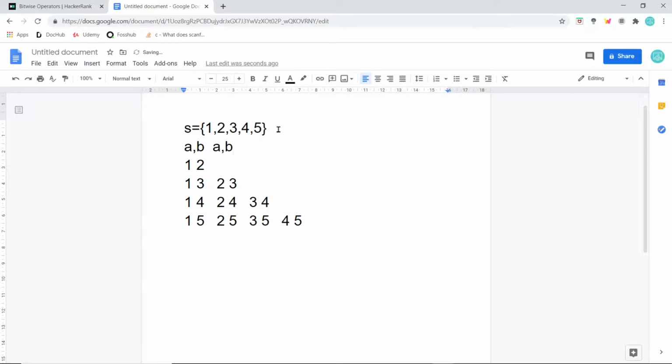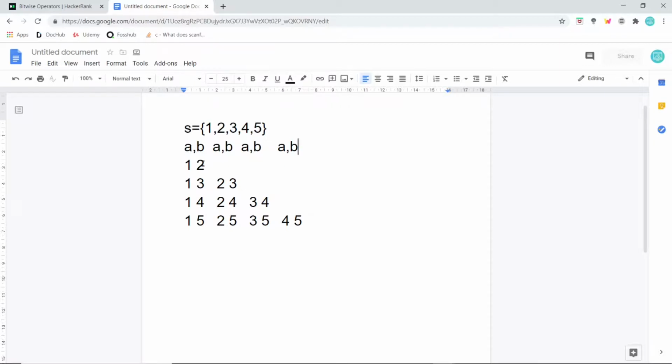A comma B. Again A comma B, and then again we have A comma B. Okay, so first we consider the value of A as 1. Now A must be less than B at all times, and we only have this set of values to decide B from. Now what are the numbers that are greater than 1 and belong to this set? Those numbers are 2, 3, 4 and 5. So we'll have 4 possibilities with the value of A equal to 1.